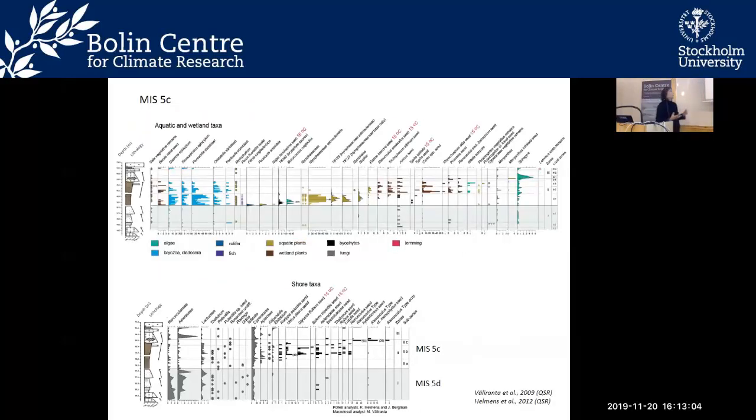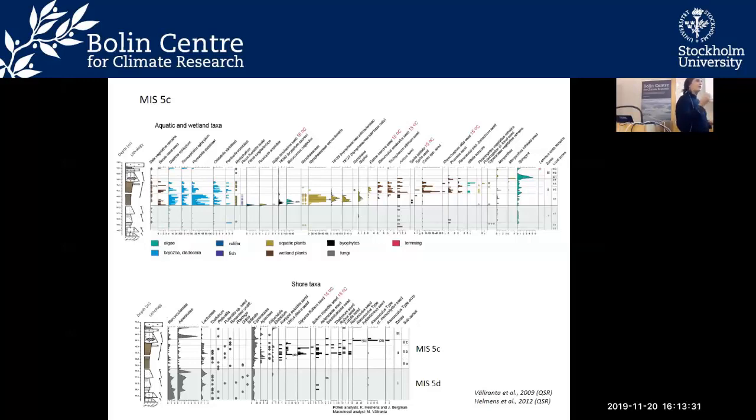Well, the sediments that accumulated in this oxbow lake are indicated here in brown. They are exceptionally rich in macrofossil remains of plants and of animals, and they nicely allow us to reconstruct the infilling of this lake through time, but also it shows a series of so-called plant indicator species, and those are